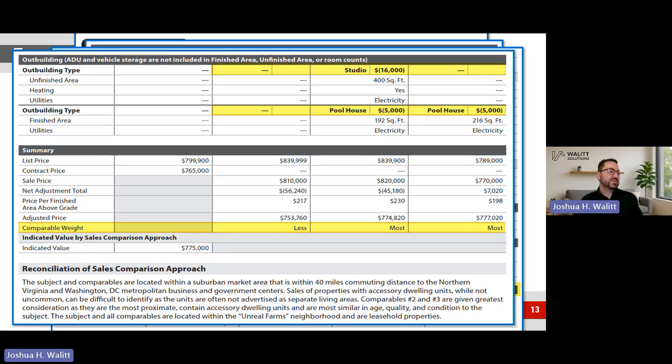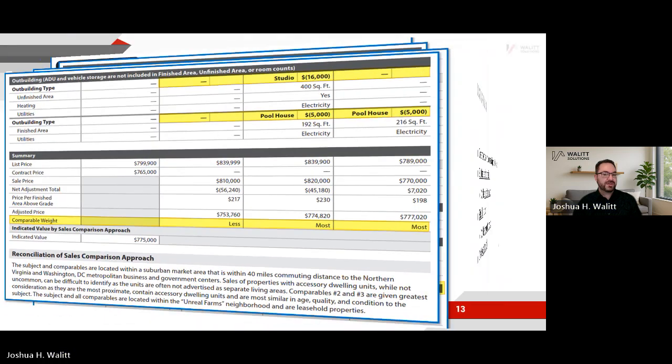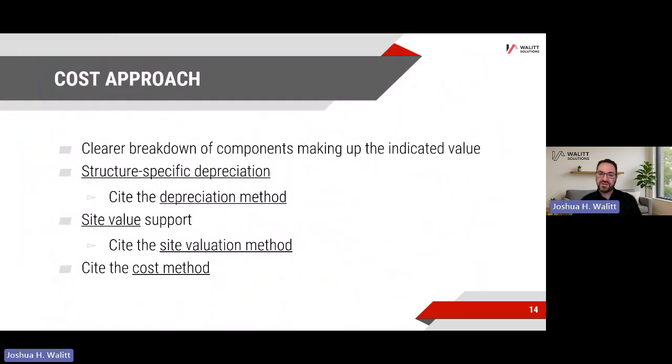It's laid out right there. All right, again, we have comparable weight. Remember, we're on a second example. And then, of course, reconciliation there of the sales comparison approach. All right, we're going to move off the sales comparison approach. That's our overview.